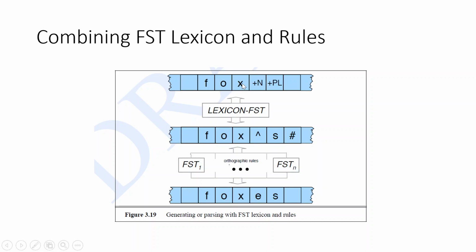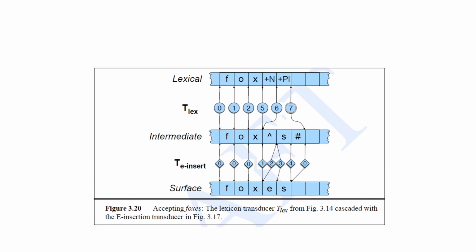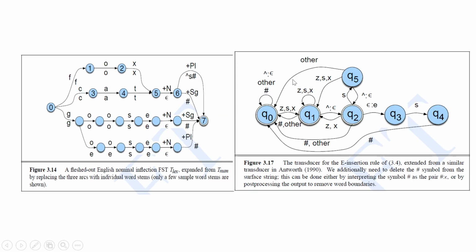In order to design a morphological parser, we said we need to give information about the lexicon or the dictionary, which is stored as a finite state transducer. So the information about the lexicon as well as morphotactic information is stored in a finite state transducer. Similarly, we also saw that for every orthographic rule, the E-insertion rule is what we talked about, we design one finite state automaton. This is the finite state transducer which we talked about for the E-insertion rule.